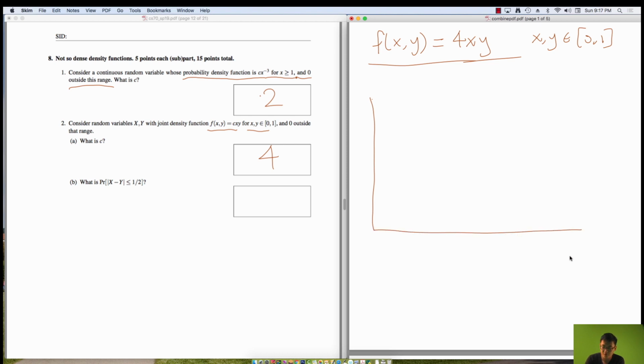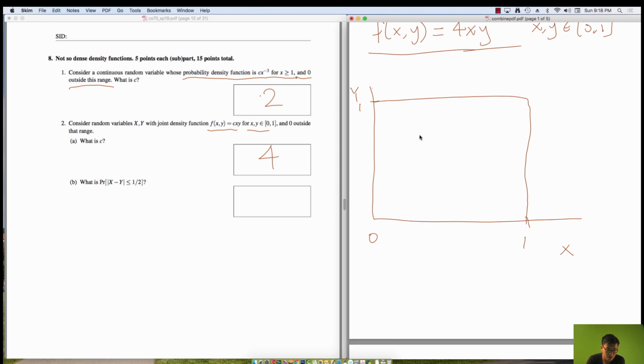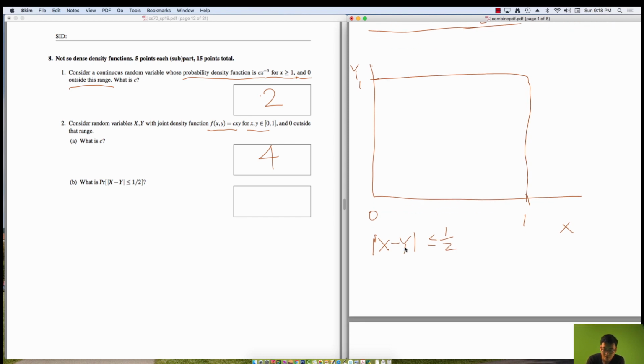So if I have x and y, and I want to draw out this particular region, so I know that both of them take on values from 0 to 1. So my entire probability space is just this square. And I want to find the region where the absolute value of x minus y is less than or equal to a half. And if you think about what this means